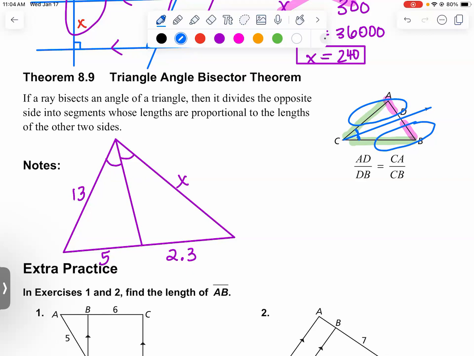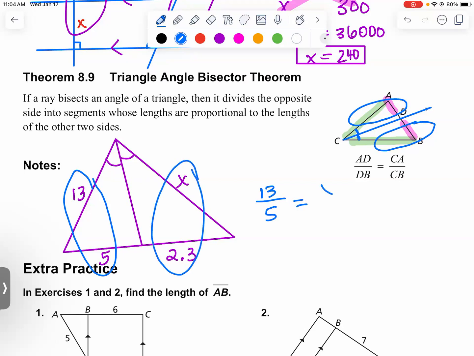Yes. Okay, so what we can do is we can say 13 over 5 equals x over 2.3, okay? Why can we do this? We have an angle bisector right here. So this segment is splitting this side to be proportional with our other two sides, okay? So now if we cross multiply, we get 5x equals